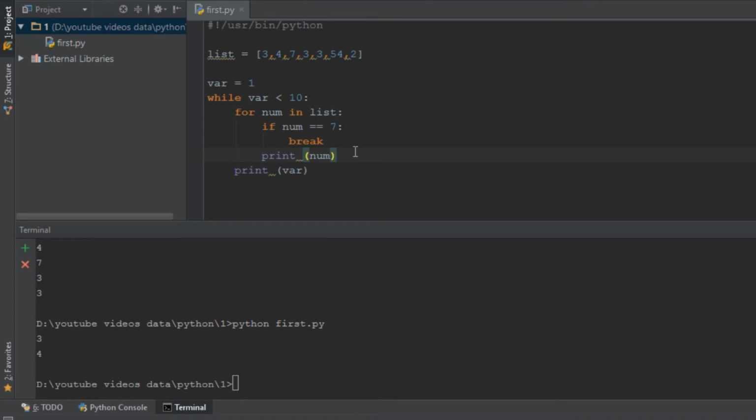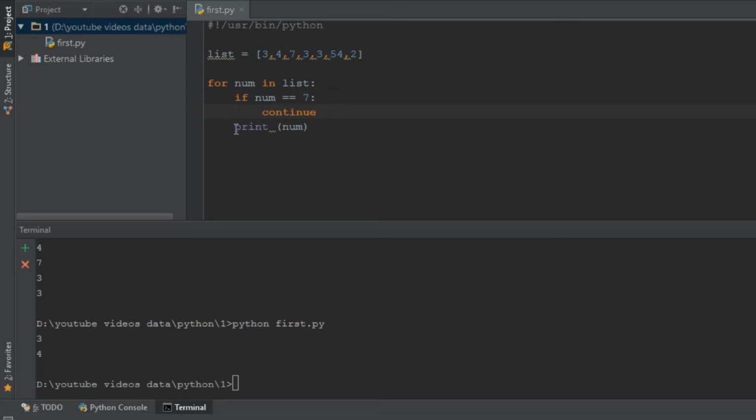So let's talk about continue. It's just the same as we discussed with the while loop. First I'm going to remove these statements, and I'm going to bring these lines of code back to one tab. So instead of writing break, I will write continue. Okay, so what it's going to do is it will not take the execution of the program out of this for loop. Instead, it's going to